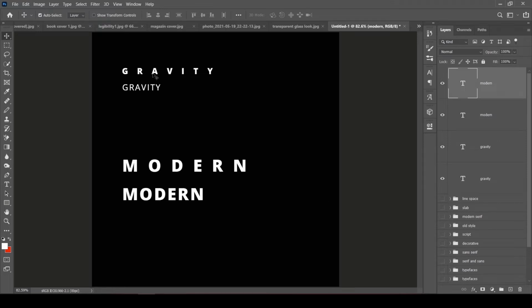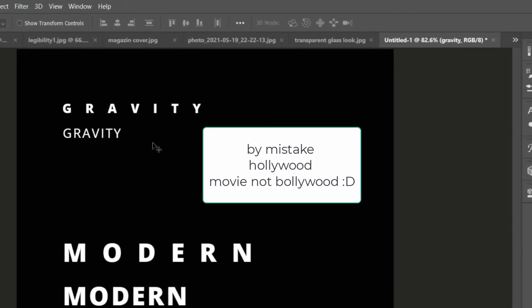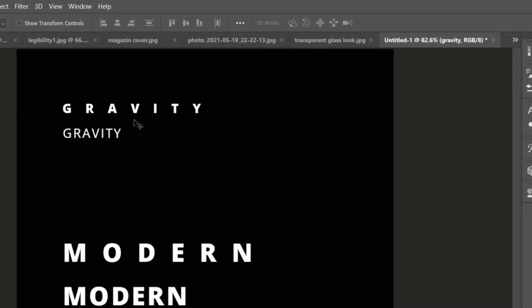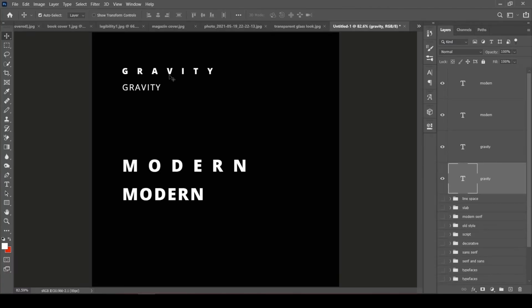Here you can see Gravity is the name of the Bollywood movie. And you can see that they have written it in this way. The designer of this Gravity title wants to show some tension in this design. If for example, it was written in this way, Gravity,